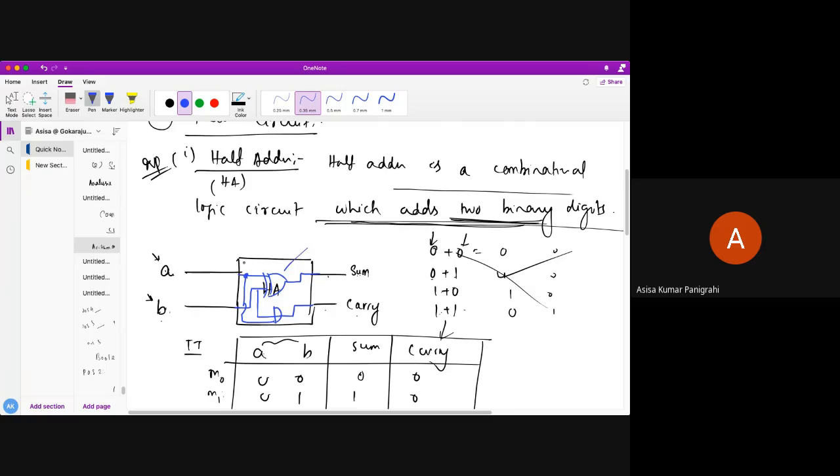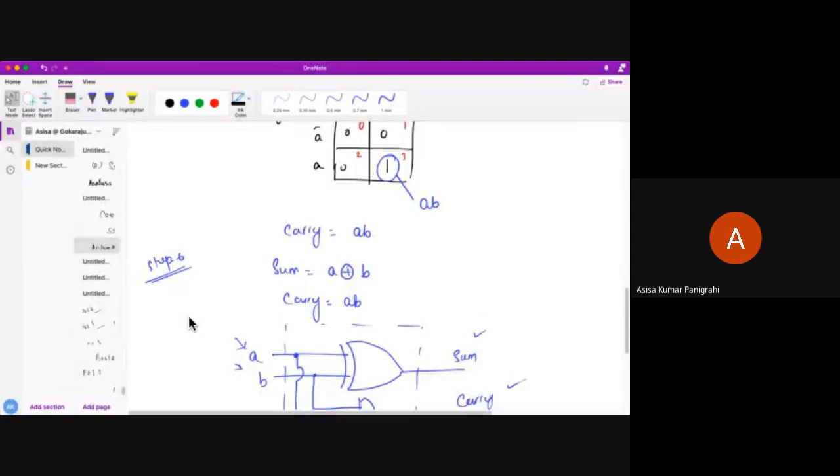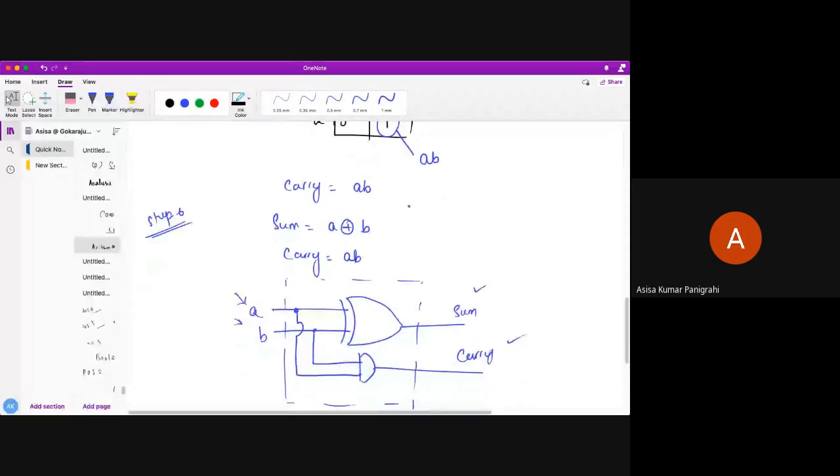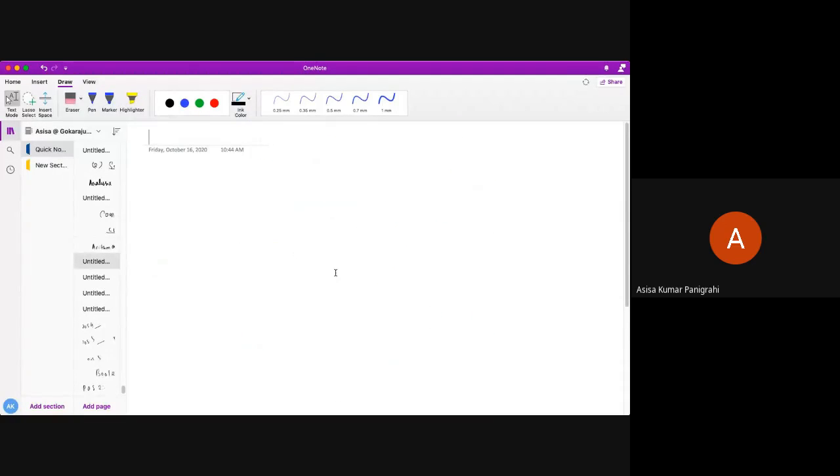So this is my digital circuit, and this digital circuit only depends upon the present input. That's why it's called a combinational logic circuit. Do you all understand now? So this is the basic combinational logic circuit, the adder circuit or half adder circuit. Now we'll do the next adder circuit, which is actually a full adder.